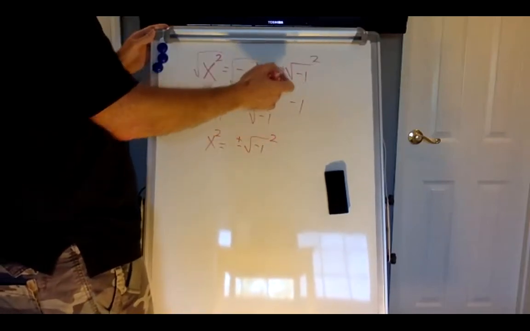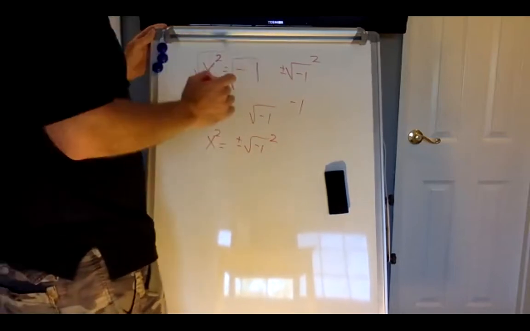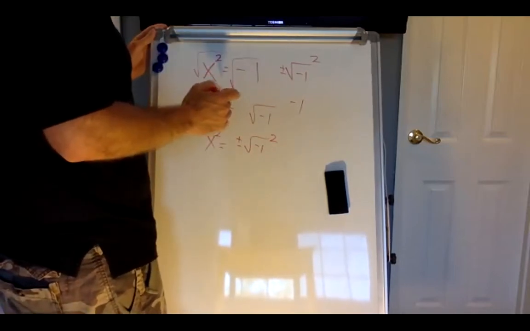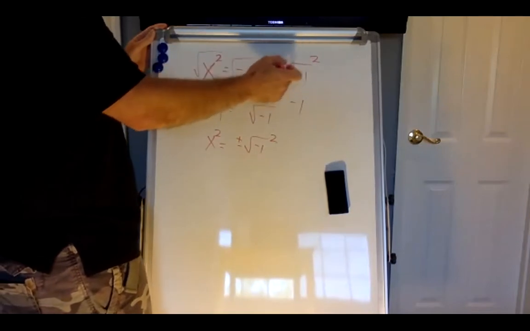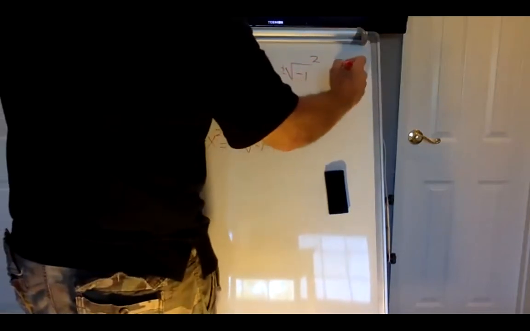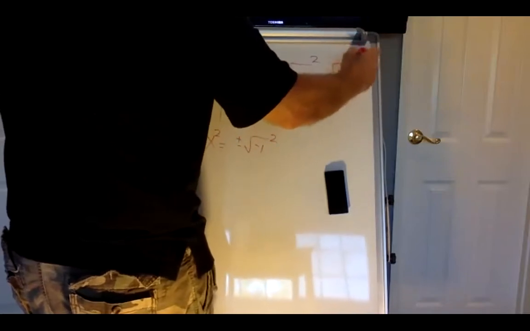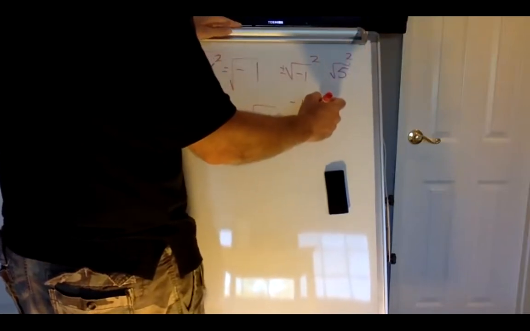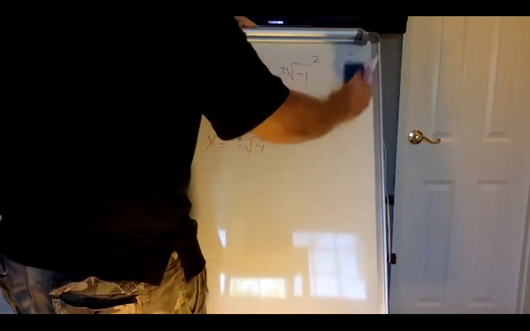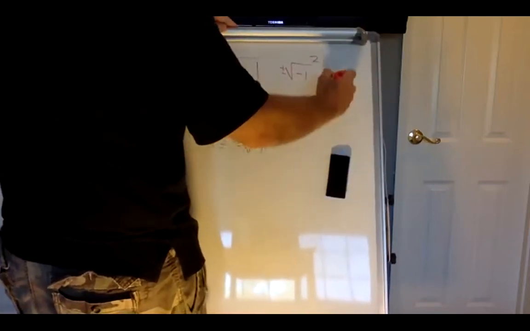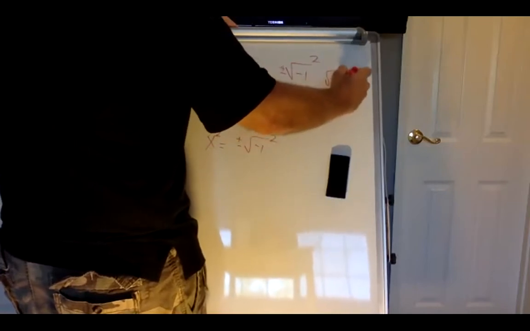So we don't have to worry about the plus or minus when we square it back. Okay? So you see that? Squaring a square root, you just get the contents inside. For instance, if I have the square root of 5 squared, that just is 5. It cancels it out. On the other hand, if I write it out the long way, -1 times -1, we